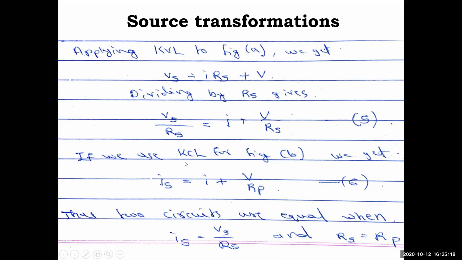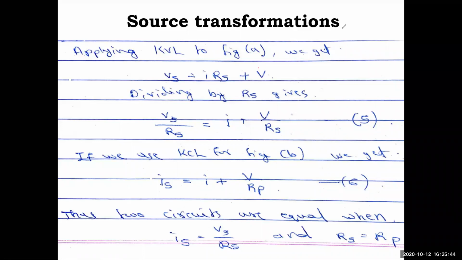6. Same way, if you apply the KCL for figure B, what we will get? Is the current, okay, and then you have the current I through the resistance R, and there is a current through Rp, which is voltage by resistance, V by Rp. V is measured across the XY terminal, so that V by Rp. So now if you just compare these two equations,